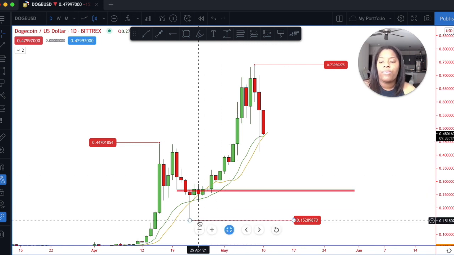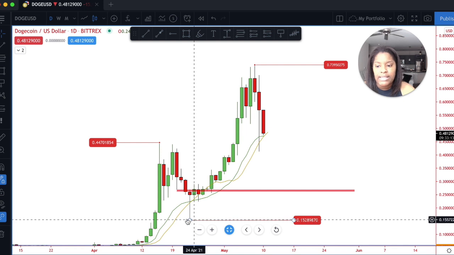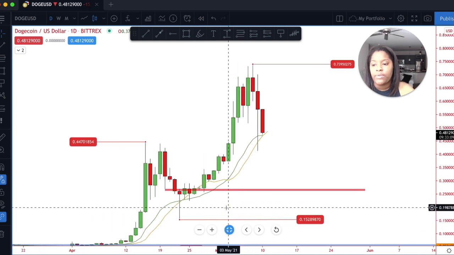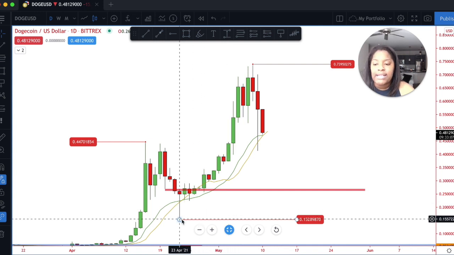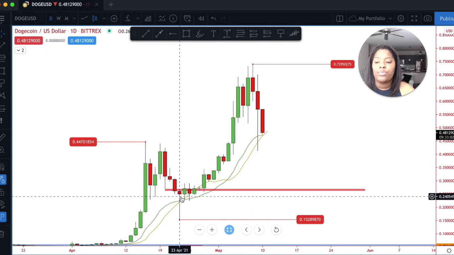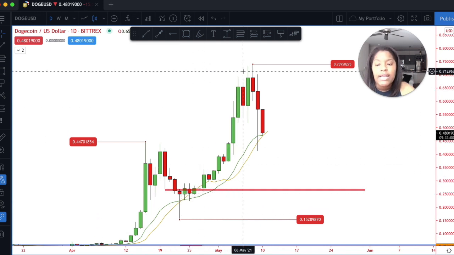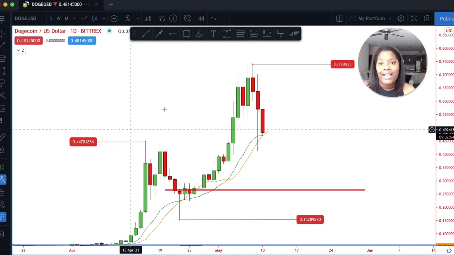The moment that price stayed above 15 cents, which this candle represents the lowest exchange rate of this black line, if you guys can see it really well, this is called a wick. Price could not go below this price point of 15 cents. And this was the last fluctuation of buyers. And so what this means is now that there are buyers in the market who've pushed price up past the last highest price,